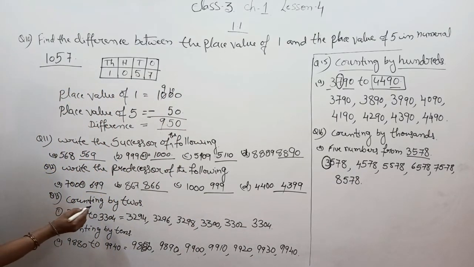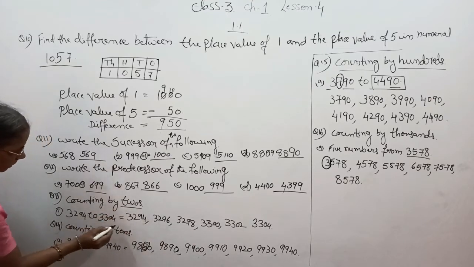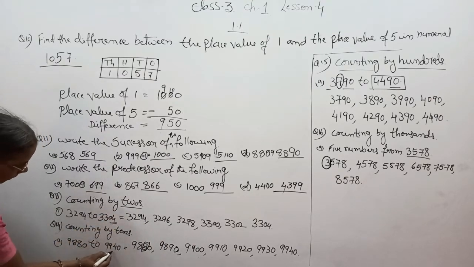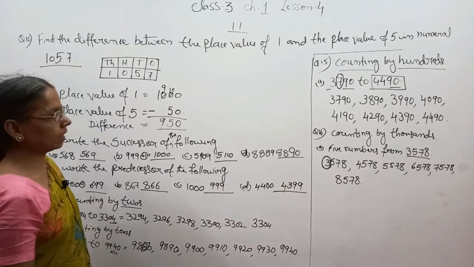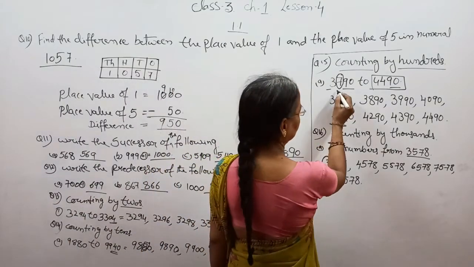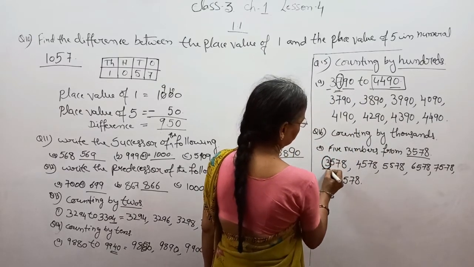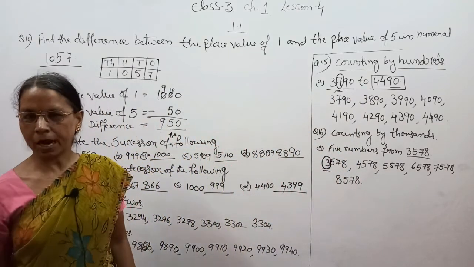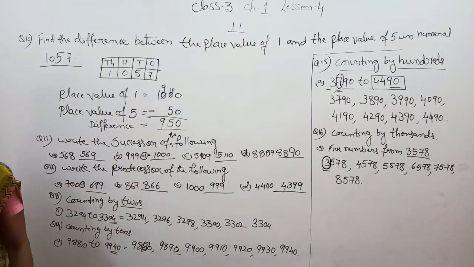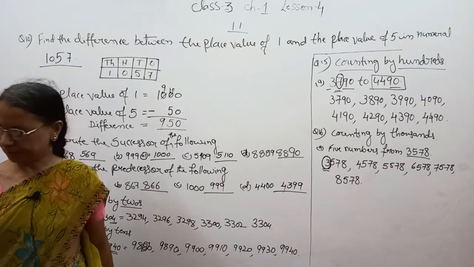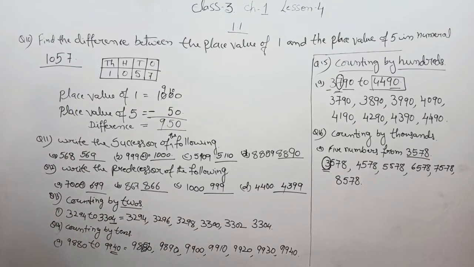Here it is changed in ones place, and here it is changed in tens place, and here it is changed in hundreds place, and here it is changed in thousands place. Like this we have to count the numbers by skipping or write the numbers by skipping the numbers, and lastly